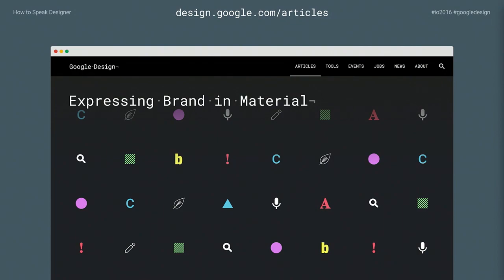So with visual design, there's not just one way to approach it. There's many methods, there's many styles, and it really needs to fit closely to the content and the problem at hand. There are now more than 1 million material apps in the Play Store, which is an amazing number. Lots of variation and richness there, and that's because material is designed to be a flexible system.